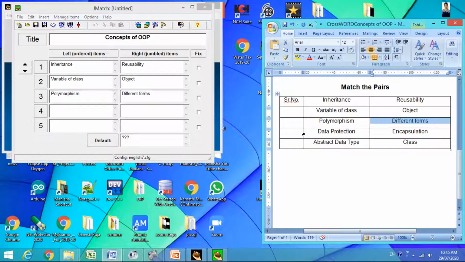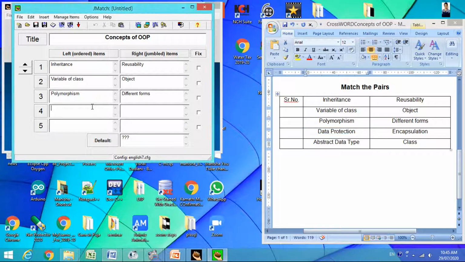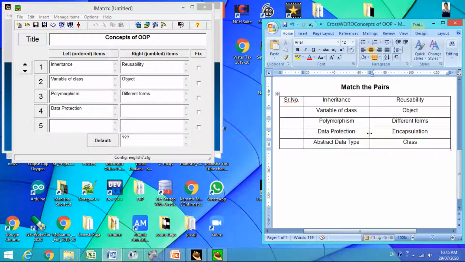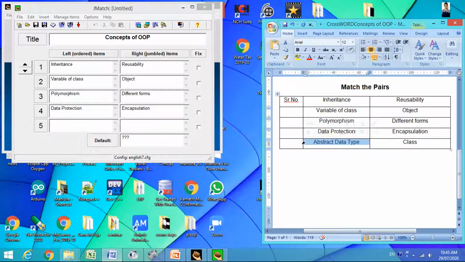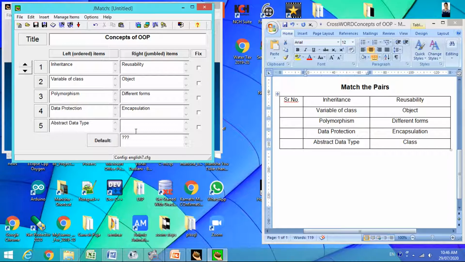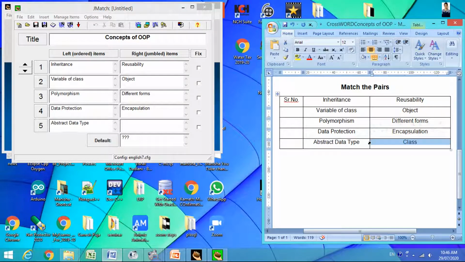When you cover a particular topic of a particular unit, you can go for this match the pair, because now during online teaching, we as teachers don't know whether the learning is happening or not, and this is the best tool to verify the learning of students for the topic which you taught in the online lecture.